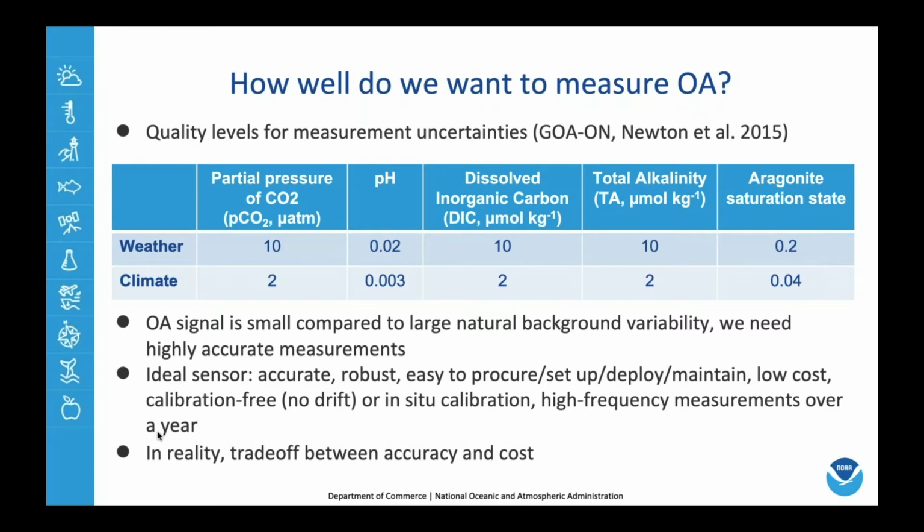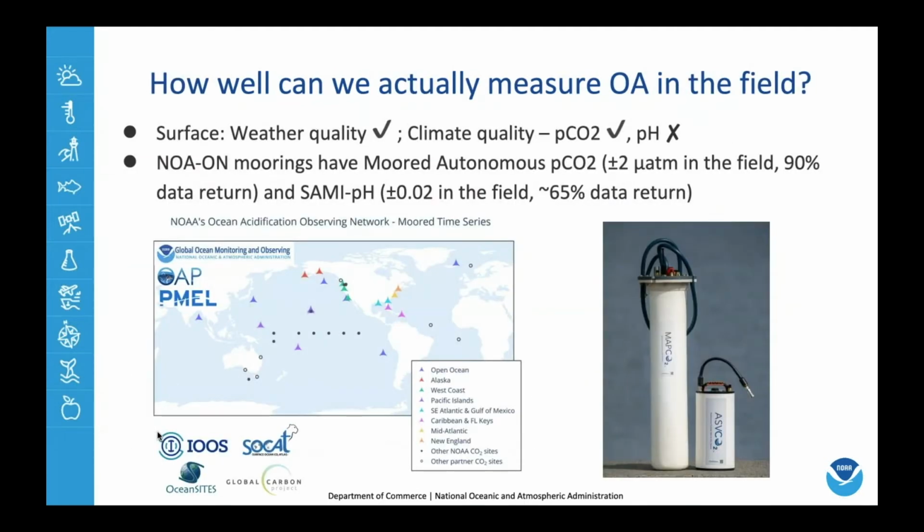Now that I've described how well we would like to measure OA, let's dig into what tools we have to do so. First, let's look at how accurately we can measure OA in the surface ocean. In NOAA, there are 21 surface moorings in U.S. coral, coastal, and open ocean ecosystems that contain a standardized suite of sensors to measure temperature, salinity, oxygen, pH, and